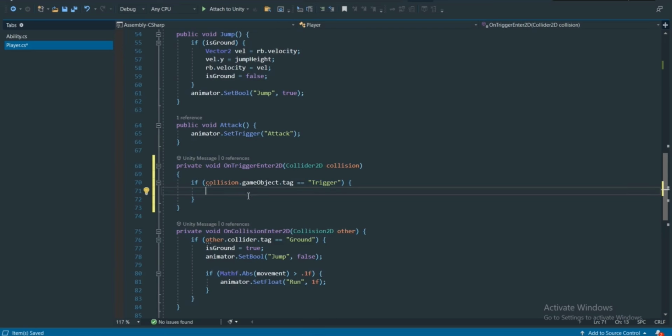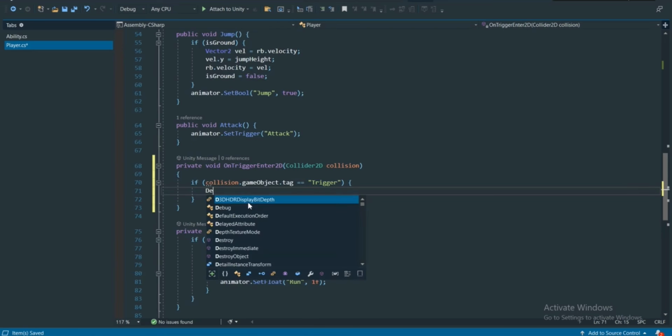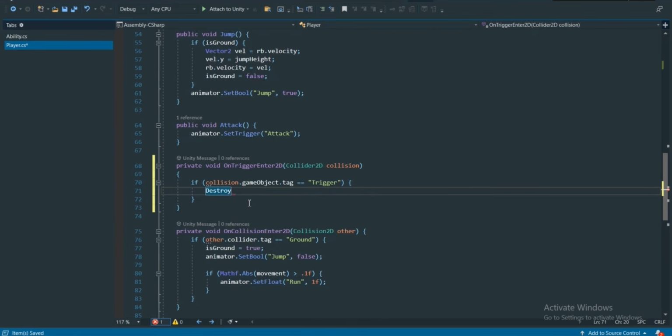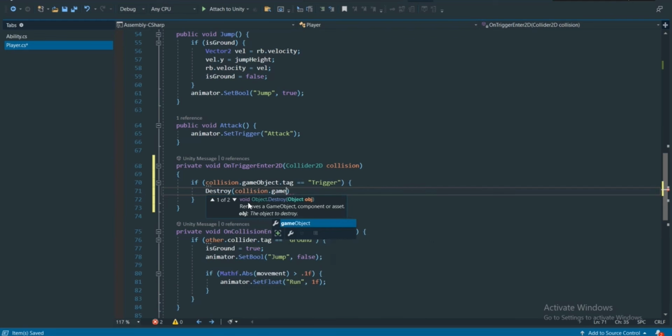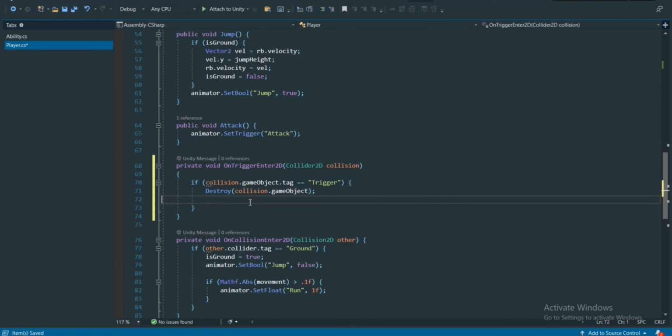So what we want, firstly, is to destroy that game object right away. To destroy, we're going to use the Destroy function, which takes the game object you want to destroy. So we're going to do Destroy(collision.gameObject), basically the game object we triggered with. And after that,